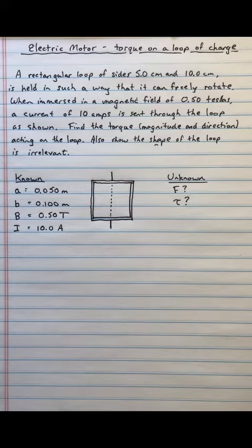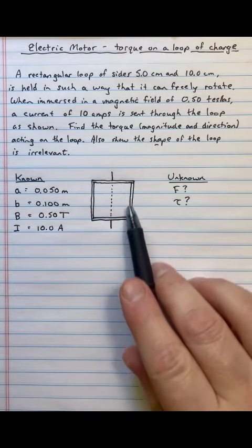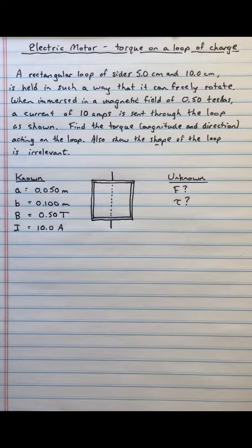Now, to put this on a solid footing, I've gone ahead and thrown some numbers in there. I'm going to make also some comments along the way as we do this to kind of clarify what's happening and why, and also to make clear that this is an example of the kind of thing that makes an electric motor work, but that actual electric motors, of course, are a little more sophisticated for some very specific reasons that we will get to. So let's get started. So let's imagine we have a rectangular loop wire that is going to be carrying an